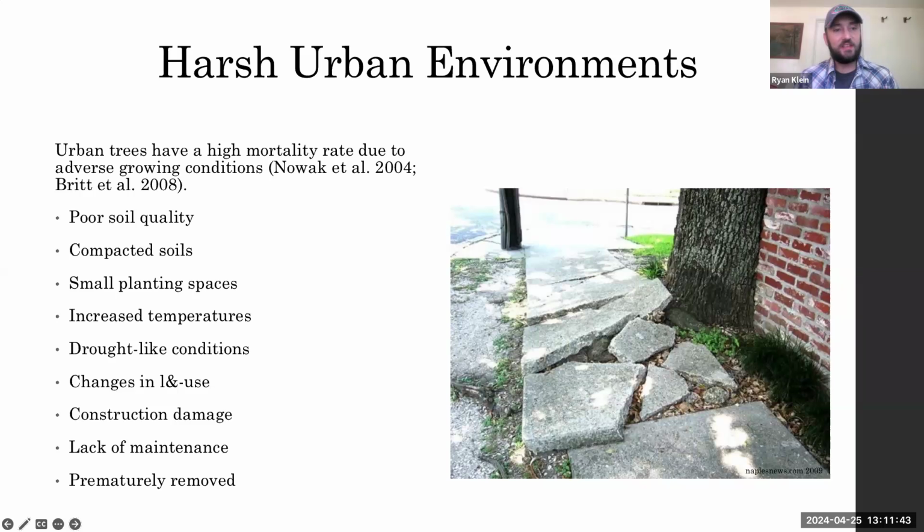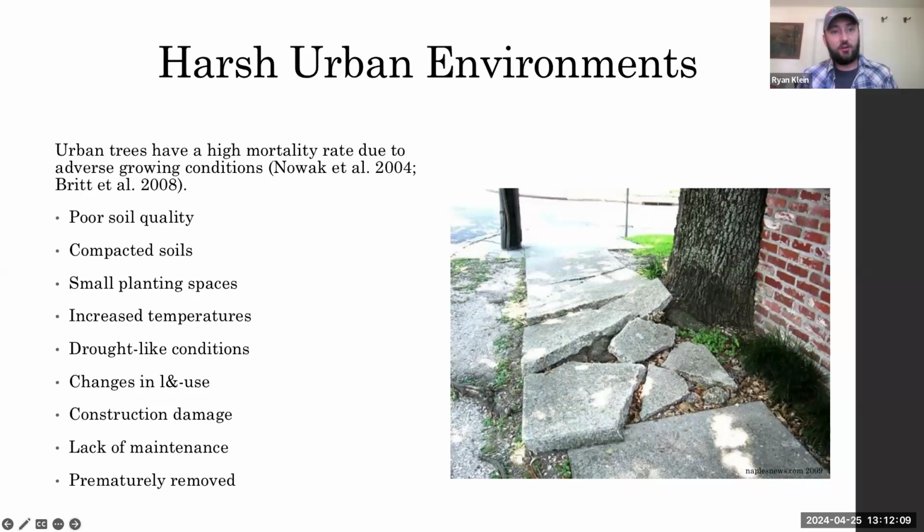But things that affect this would be the soil quality, small planting spaces, the urban heat island effect. It's causing drought-like conditions, that construction damage I mentioned. Sometimes it's either a lack of maintenance or improper maintenance. So pruning goes a long way to help develop good structures and make them more tolerant to things like extreme wind events.